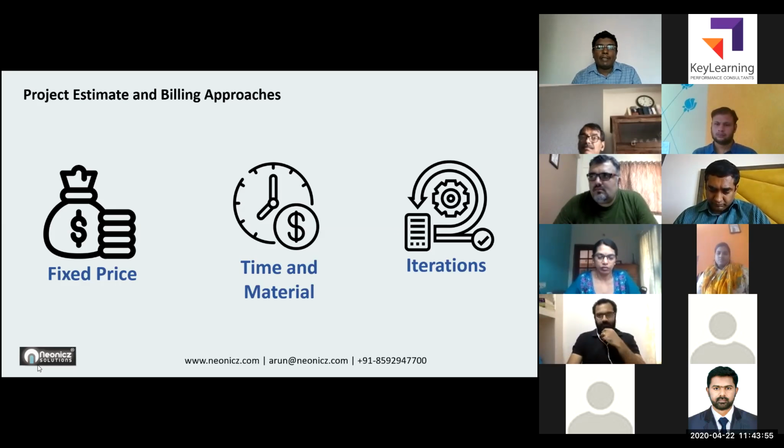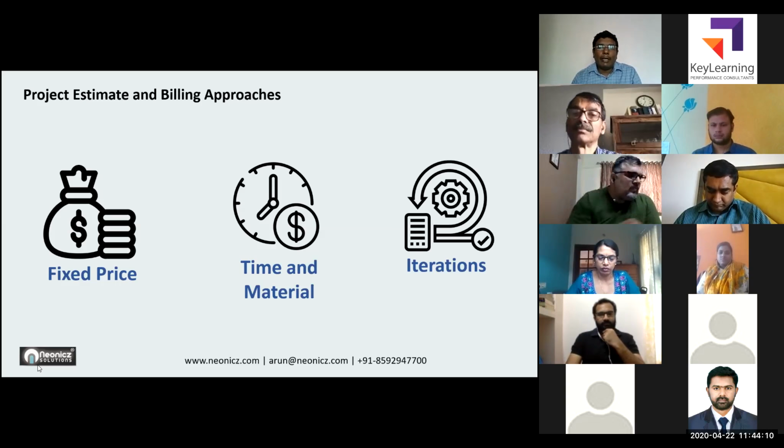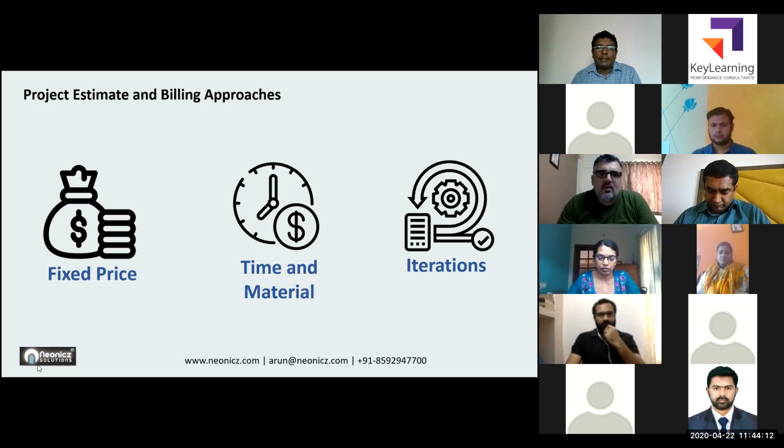This many features, the core features, will be released in 1 month's time. And after 1 month, you take this into the market and run the product. And again you collect some feedback and get some more ideas, and again in the next month you are going to give another set of requirements which can be integrated on top of the core platform.